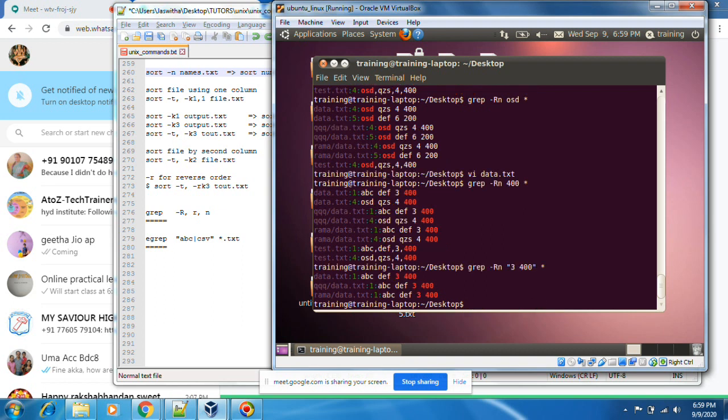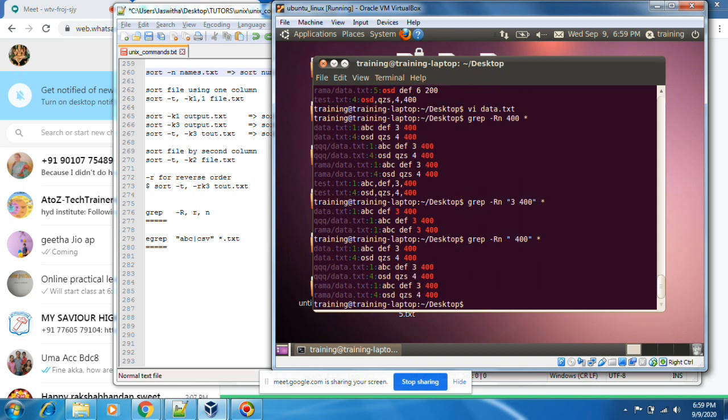You will get the entire match. You can search space 400 also. You see how many files come up. You can search any kind of thing using grep, in all the directories. If the search is found, that file will be displayed here with the line number.